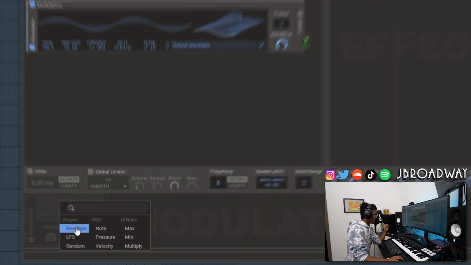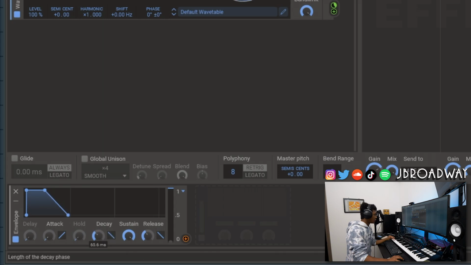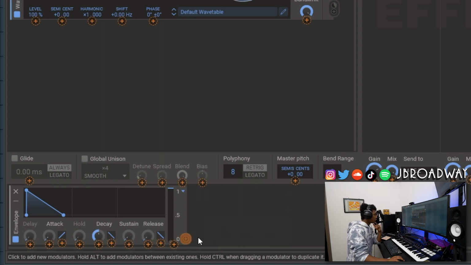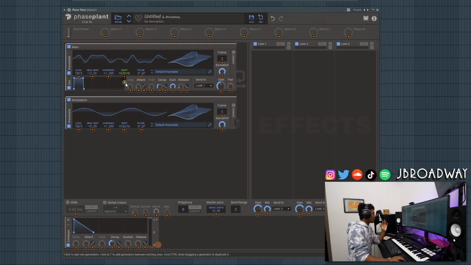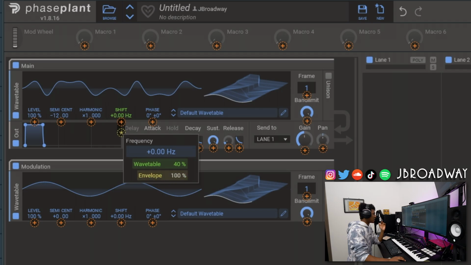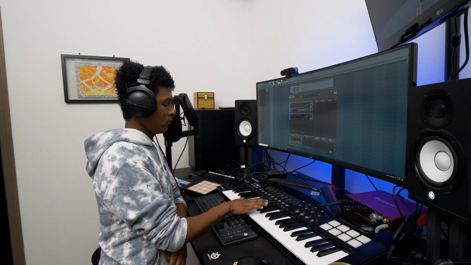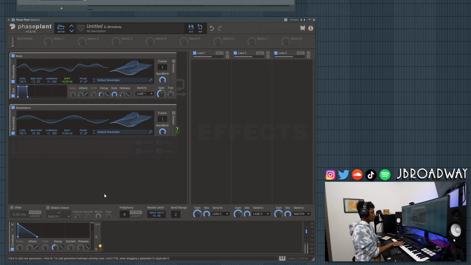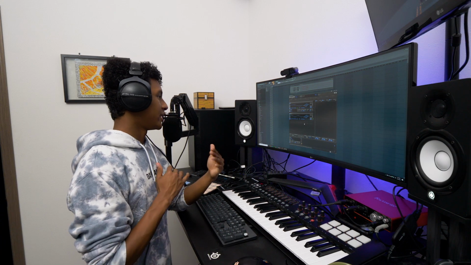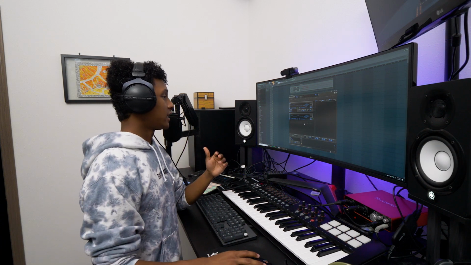Next, we're going to add an envelope here. We're going to turn down the release all the way, turn down the sustain all the way, and then boost up the decay a bit here. Click the orange plus button, and then click this yellow asterisk right here to sidechain it at 100%. And then right away, we already have a very distinct bass sound,